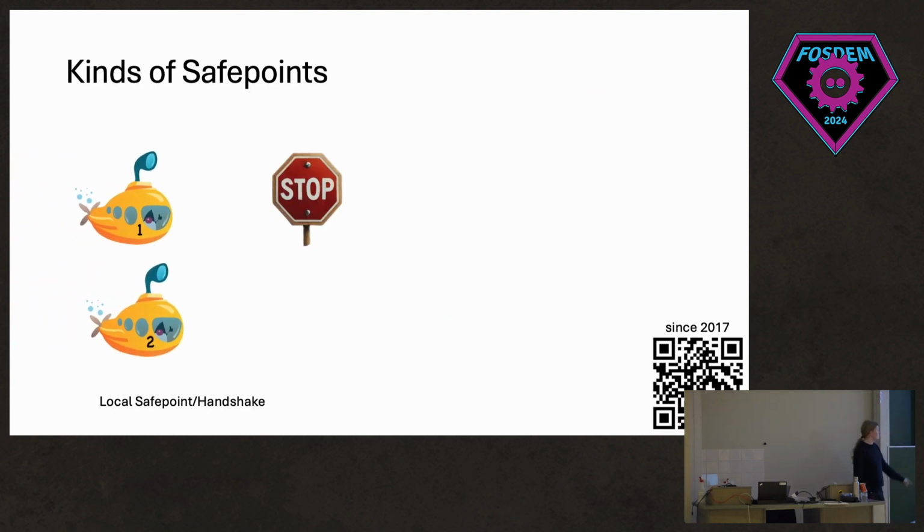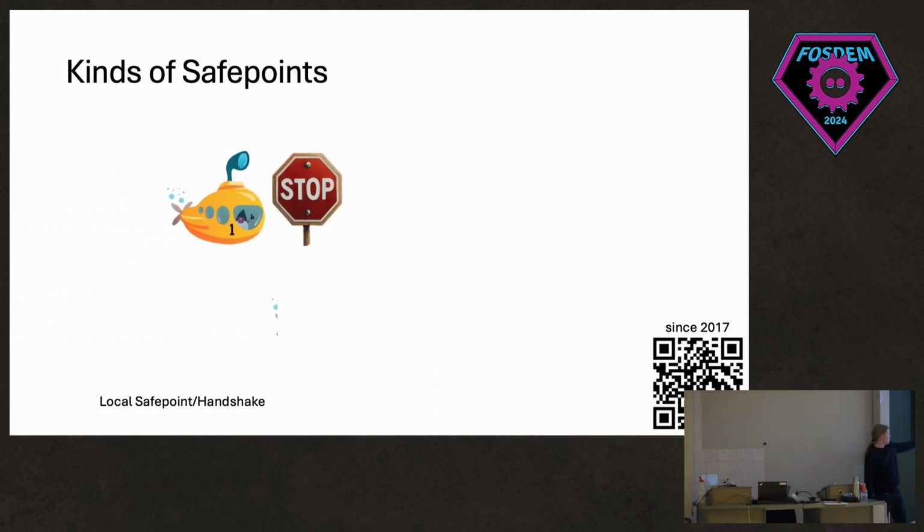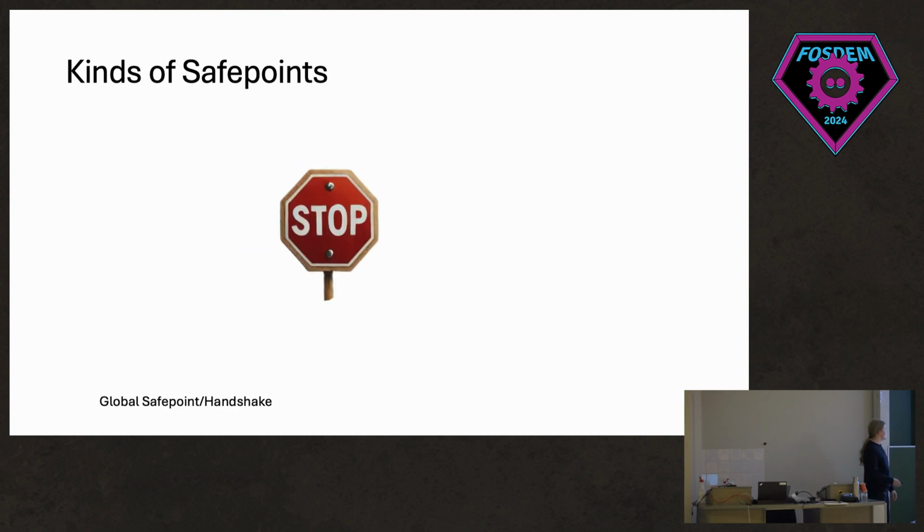Essentially, what are Safepoints? You have this nice little VM and you stop it. As you saw, we have local Safepoints that only stop one thread, while the other threads just keep working. They are quite cool because we stop a single thread, and the thread doesn't modify its stack anymore. That's nice for things like garbage collection that just want to operate on the thread stack. And we also have